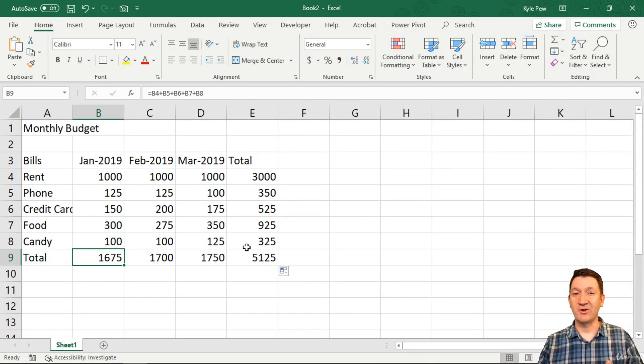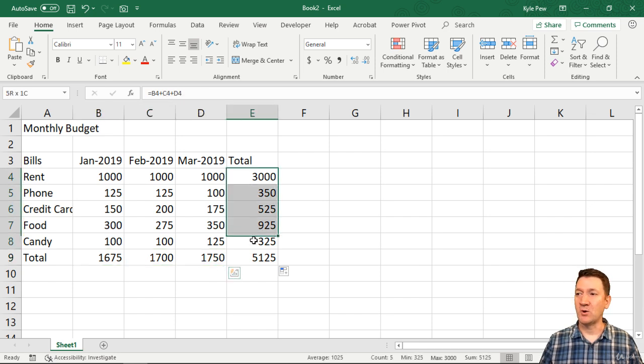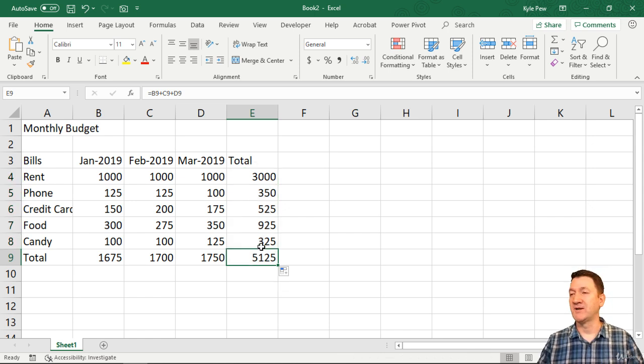All right, how's that looking for you so far? You got your calculations in there? I've got my total row there, got the total for each month, and I've got my total column in there, my total for each bill, as well as a grand total for all the bills for all the months,